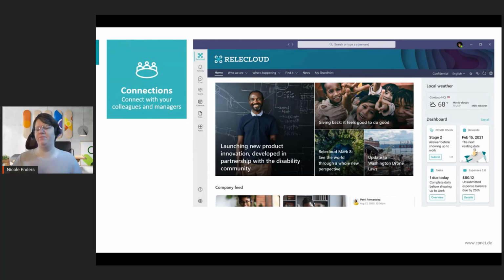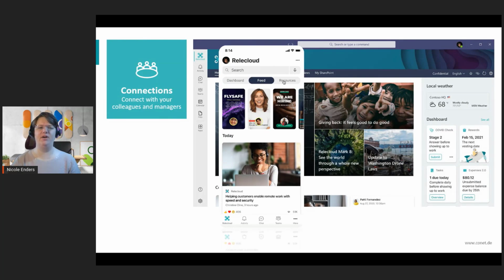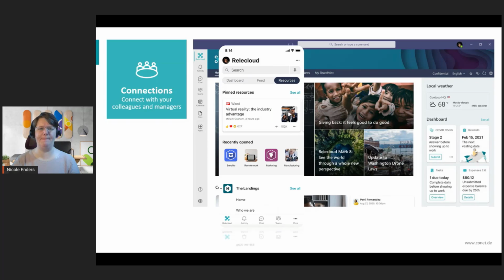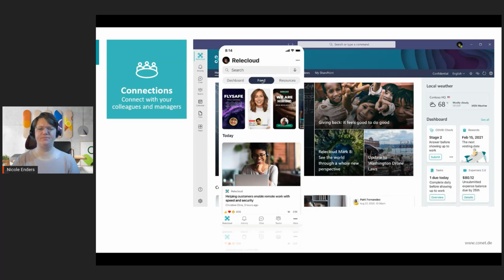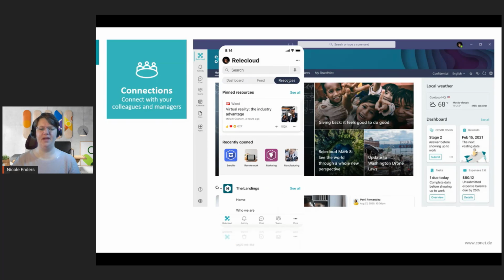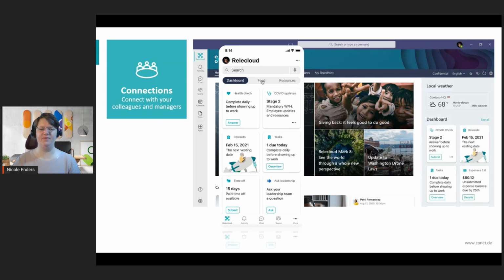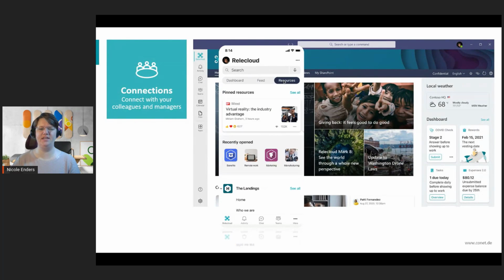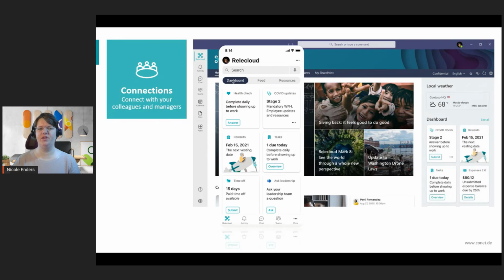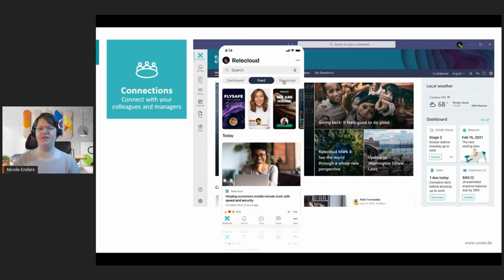So no need anymore to open the browser and to have a look there. And it's also working on a smartphone. If we are there, you see it here at the bottom. We have the activity, chat, Teams, but we also have this logo and this menu item here.